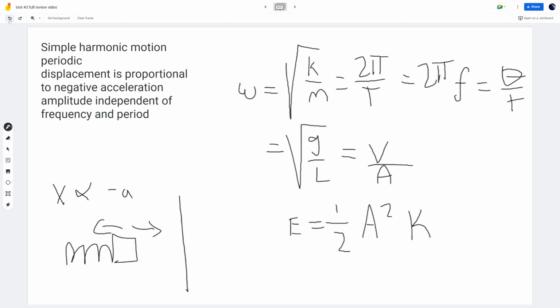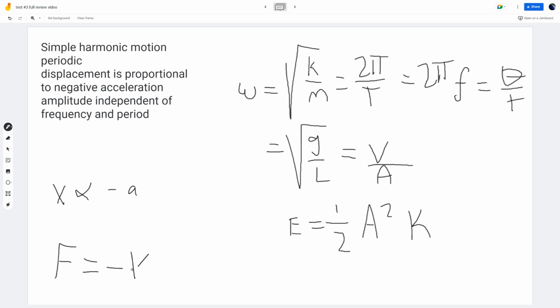And so, also, just to touch on that, the restoring force is going to be just our force equation, which is negative kx, k being the spring constant, which has units of newtons per meter. Yes, newtons per meter. And then x is going to have units of meters. So that's why it cancels out and makes forces. But x is going to be the displacement from equilibrium, basically, or the displacement from when it is